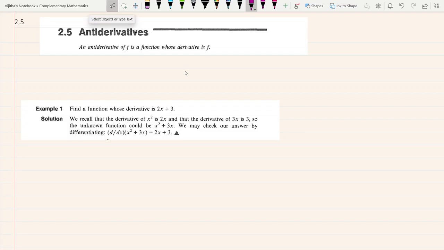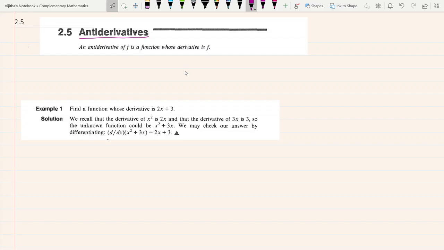Hello dear students. So now we will move on to section 2.5 and the topic is antiderivatives. Till now you have already studied what is derivative, the first derivative, second derivative. Also there are some physical interpretations of derivative like velocity, acceleration, then some applications in economics like marginal productivity, marginal profit. So we have seen many areas where derivative is applicable.